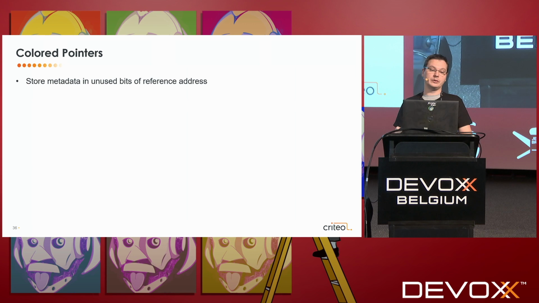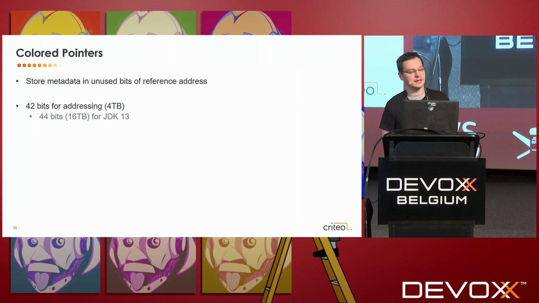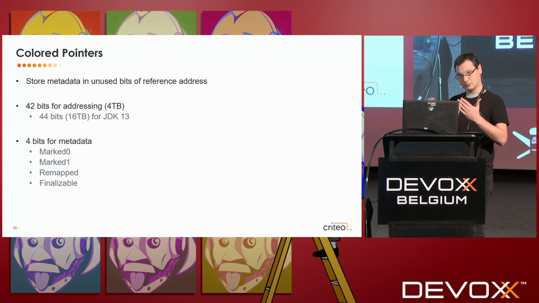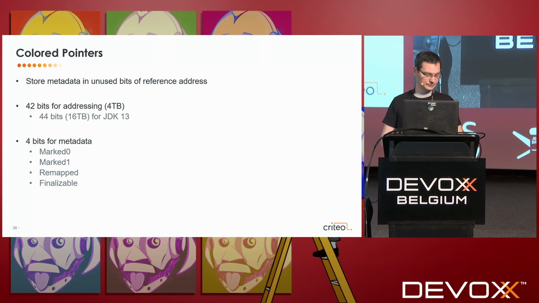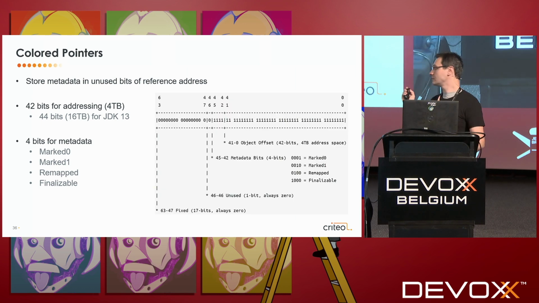So we have this colored pointer, where we store metadata in the reference address. Up to JDK 12, they use 42 bits to address the heap, so 4 terabytes max. Since JDK 13, they use 44 bits and 16 terabytes. Sorry, they use 4 bits to store the metadata inside the reference address. Those metadata are marked 0 or marked 1, depending on the GC cycle, and whether the object is remapped or finalizable. We have this nice schema inside the source of the GC that shows you